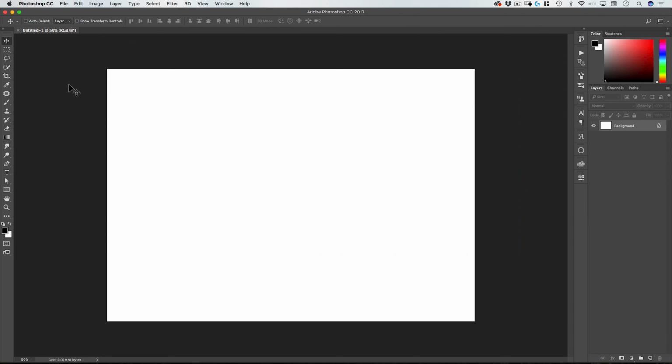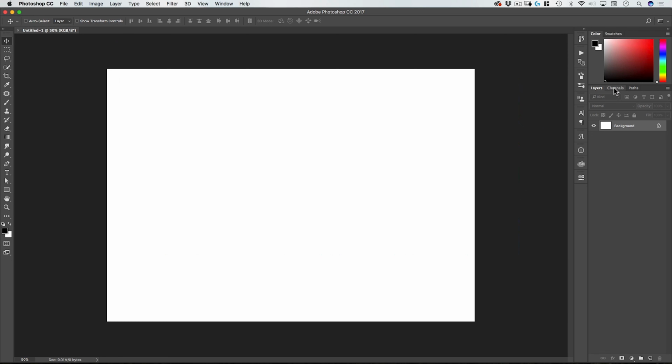Just quickly, the interface of Photoshop. On the left side, you have all your tools. On the top, you have options for your active tool. And on the right side, you have all your various palettes. The one that you're going to use the most is layers.